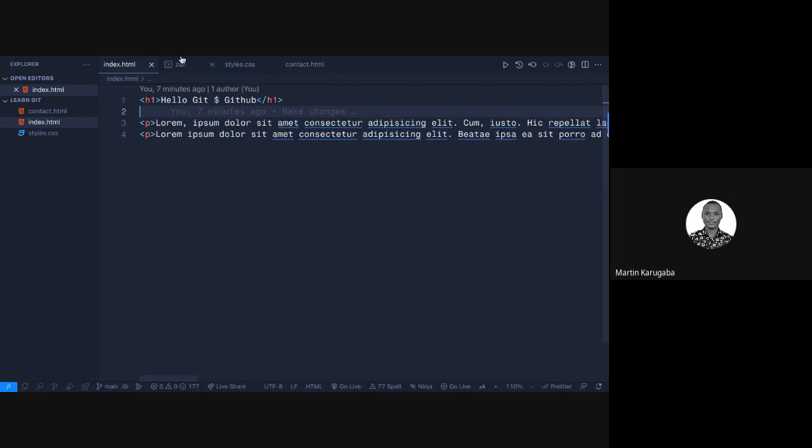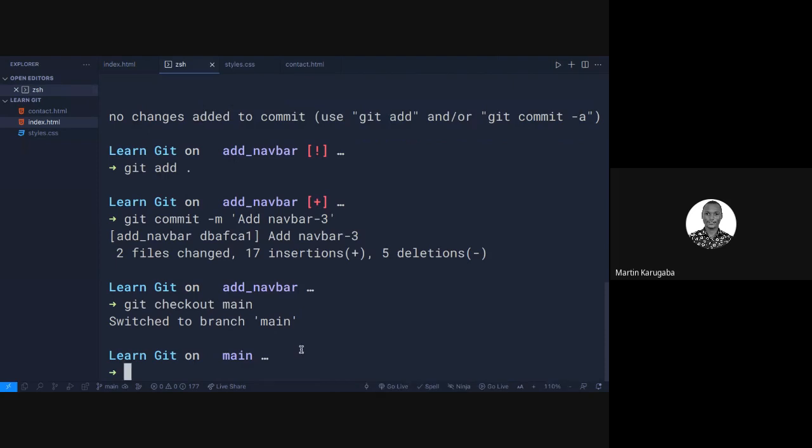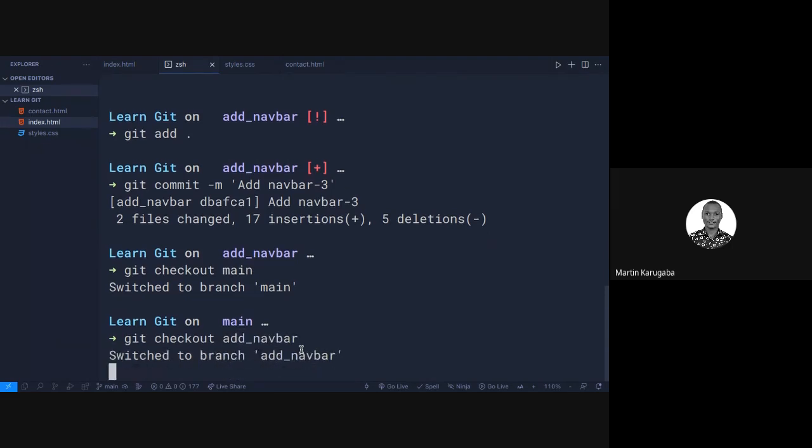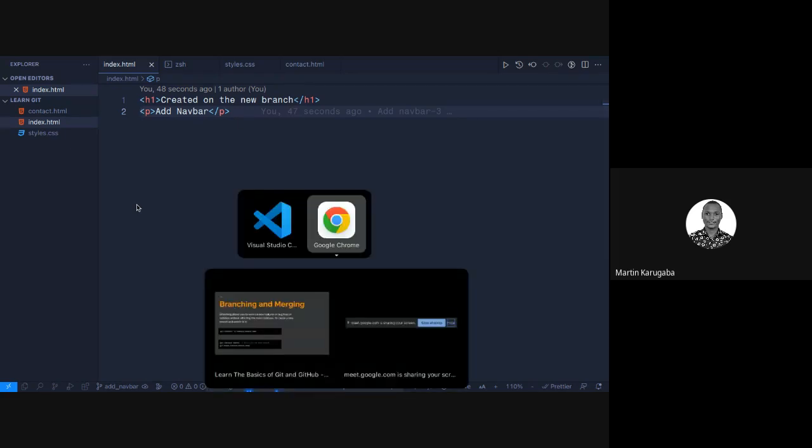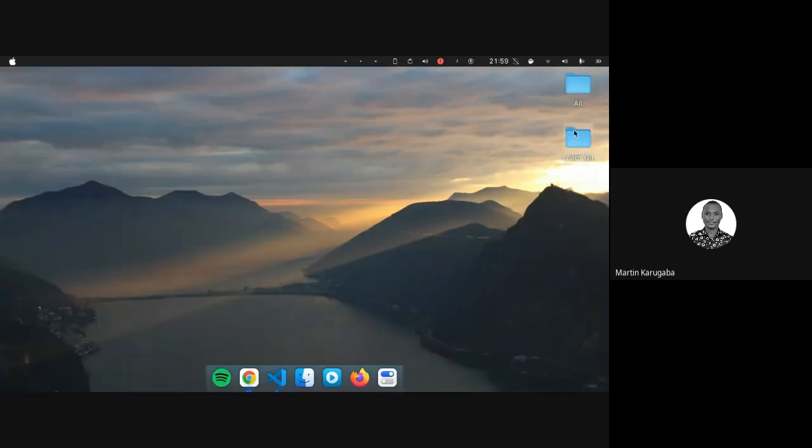Now if we decide to go back to the add navbar branch, let's go back, come to index.html. You see, so that is basically how branches work. It allows you to make a copy of your code and work on it without having to make multiple copies of your code in your project. So let's say if I wanted to do this without Git, I would have to come here and be like, okay, just a moment,